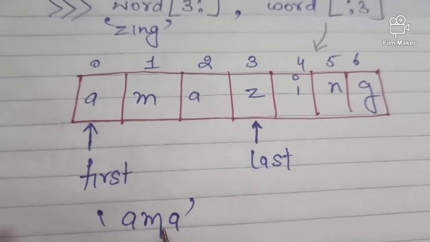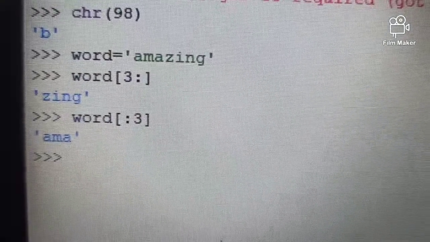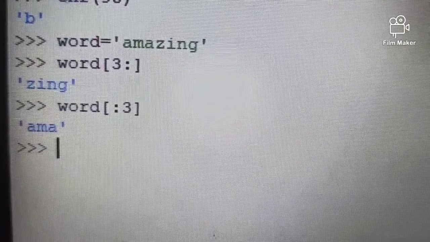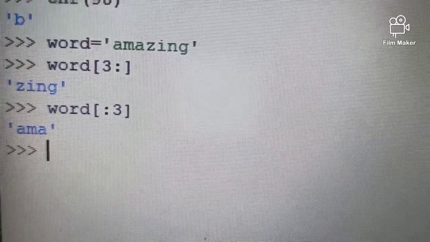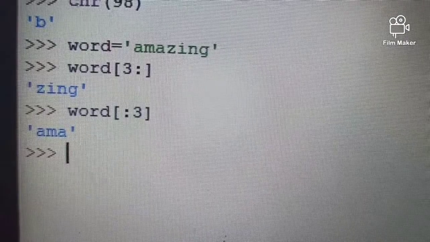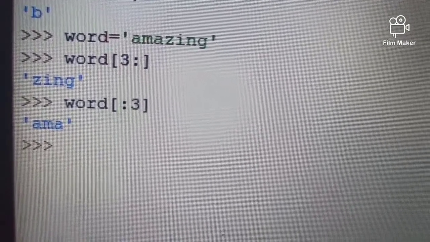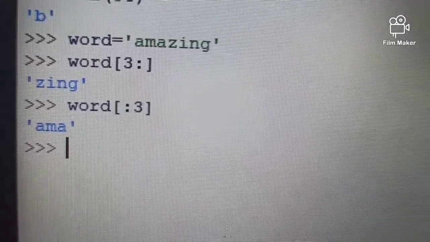Clear, children? So now let's try this practically on the machine also. Yes, so you all can see here that I have taken the word which stores the string value, that is amazing. Then I have mentioned word 3 colon, so it gives me the value zing. And if I write word colon 3, it takes the value AMA. Just now I have shown you.